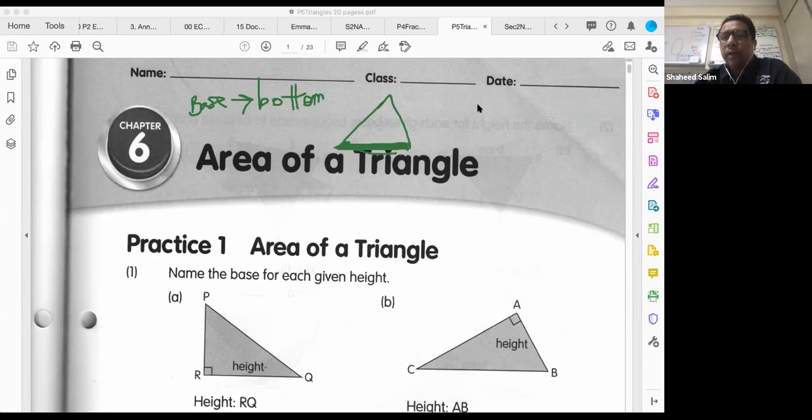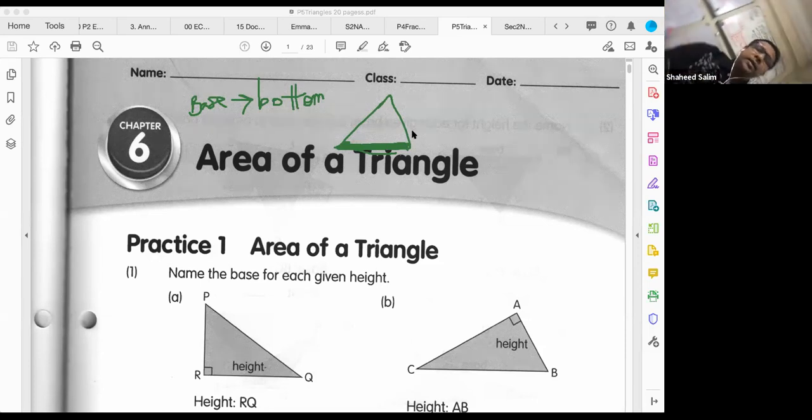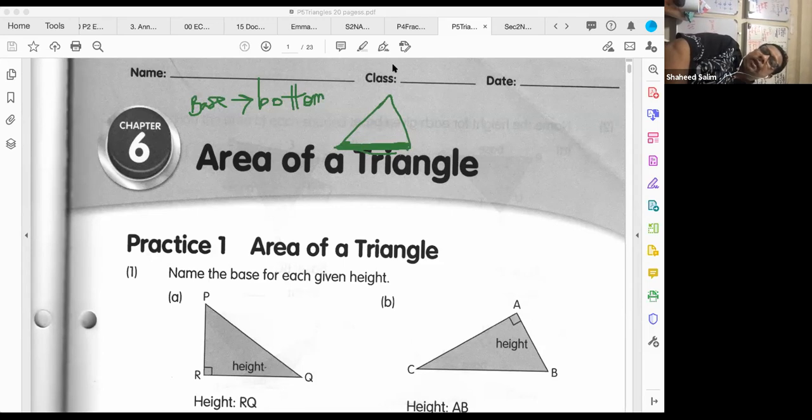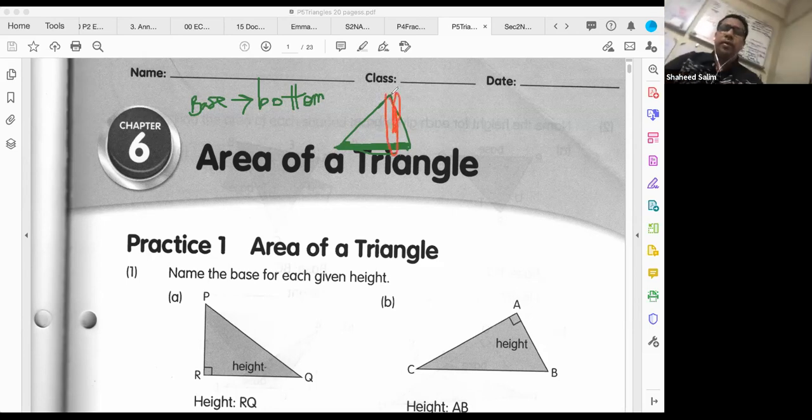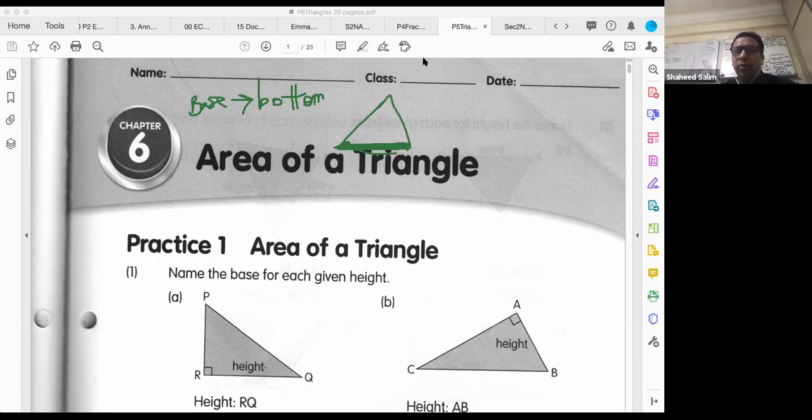Okay, now. So base can be here. If, let's say, I turn the paper around, this side can now be the base. If I do like that, I'm looking at another angle, right? Now this side can also be a base, depending on how I see. But anyway, in order to know what the height is and all,